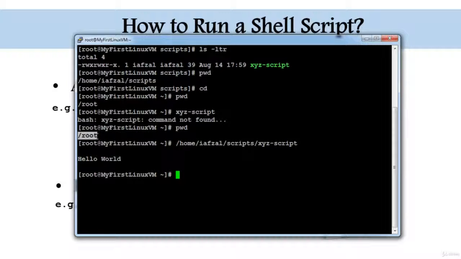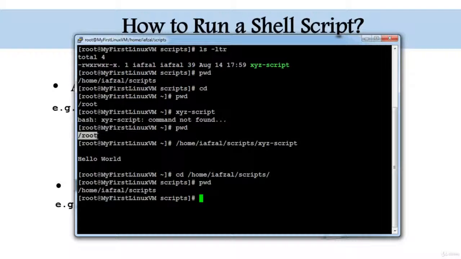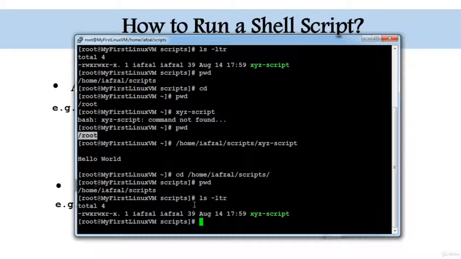How is this script created? I will cover that in later lectures, but just to focus, this is how you need to run a script using absolute path. Now what if you are in a relative path, which is that you are already in /home/ifzol/scripts directory? See, you cd into that directory, you do pwd, and you'll see the path is the complete path now. Now the script name is, again, when you do ls -ltr, I have that script xyz-script. Now when you run the script now,